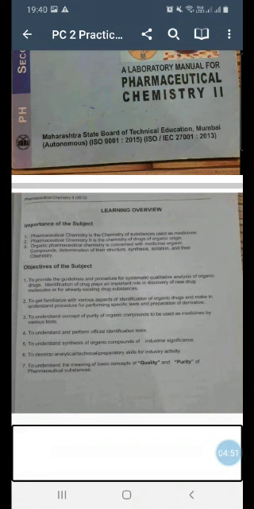Sometimes you check odor. While performing these tests, you will never measure or weigh a compound. You will just take it roughly. Though suppose it is written to take 1 ml or 0.2 ml of so and so substance, you will take it, you will never weigh it. Sometimes the quantity cannot be weighed. Because the ultimate objective of this test is to check the quality, here quantity is not given much importance. That's why they are called qualitative analysis.